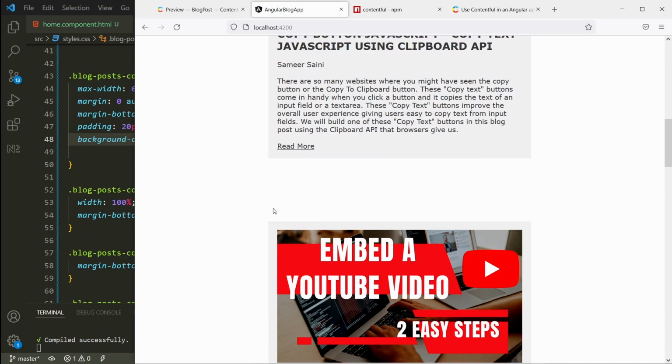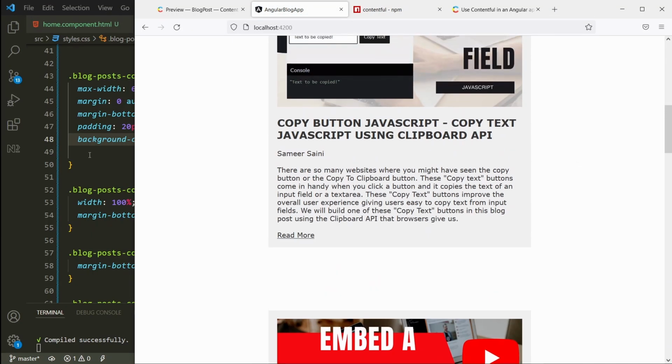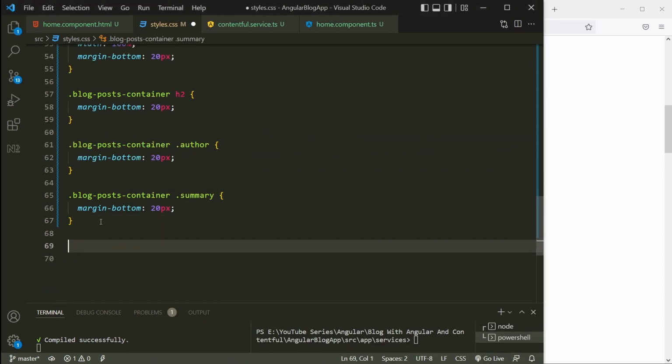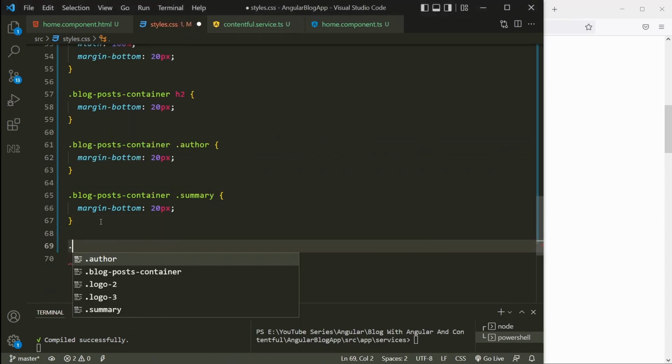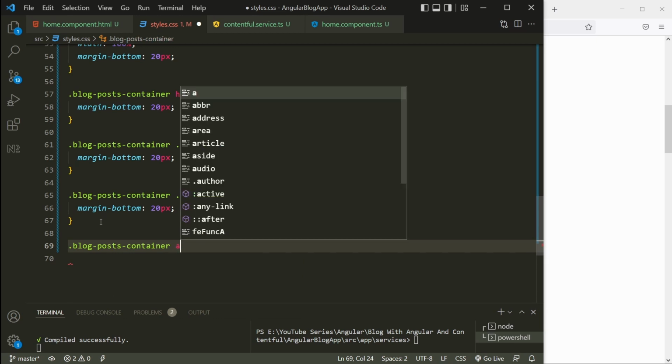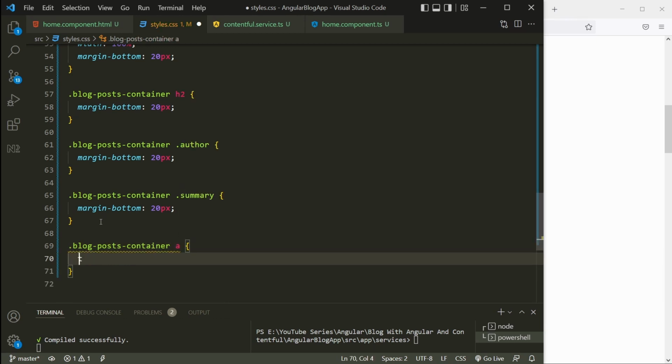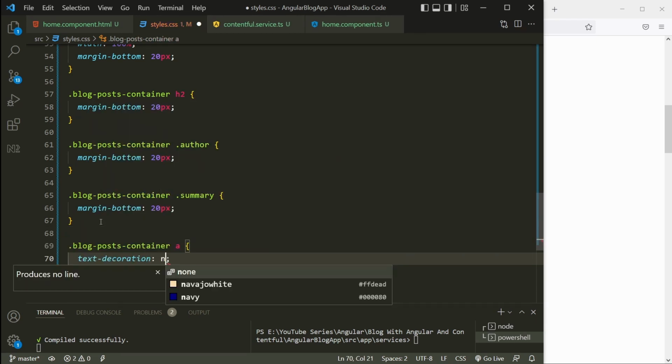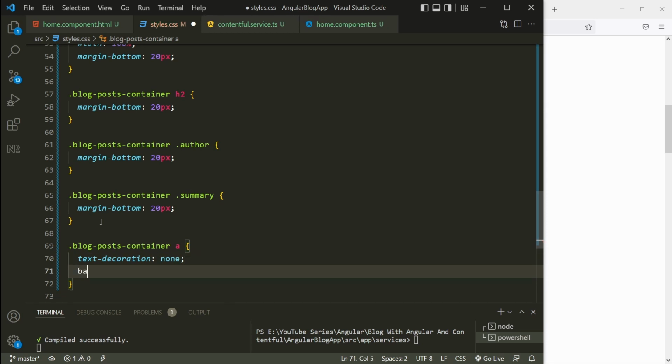That is looking nice, and you can add any transitions you want to. Final thing is the button. So again, blog post container, anchor element. We will remove the underline, so text decoration of none, and then background color of a dark color